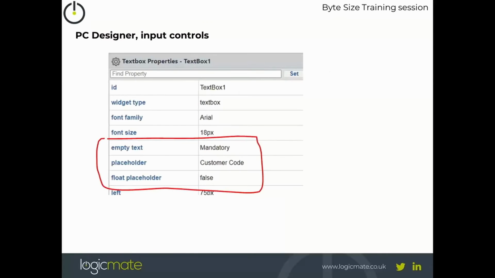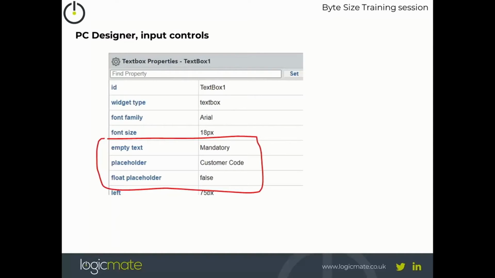With the new way of designing screens, we have this ability to create a placeholder, and the placeholder can float, and we've got various different options, and we can assign those to all of the input controls within the screen panel. So in this particular case, I've just created a text box on the canvas, called text box 1, and then we've got some new options within the Profound UI product,